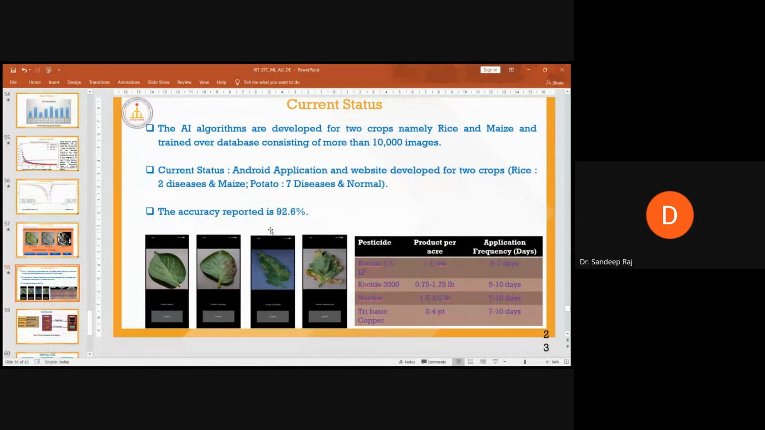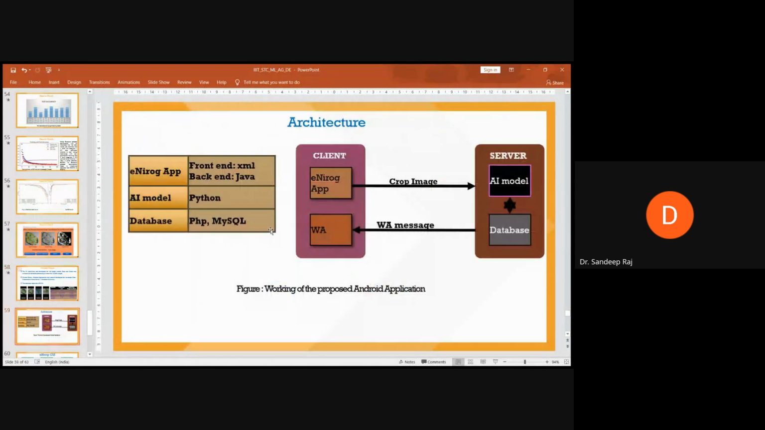So what we did is we developed an Android app architecture. Its front end was developed in HTML and the backend was developed in Java. The AI model was developed in Python. And for creating the database, we used PHP and MySQL. So what happens in the app is